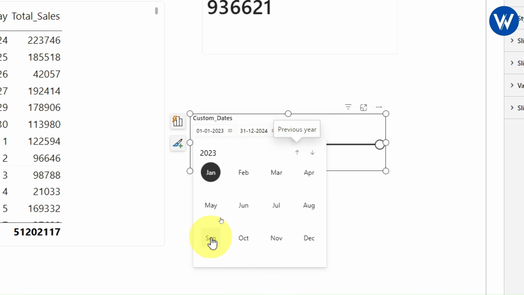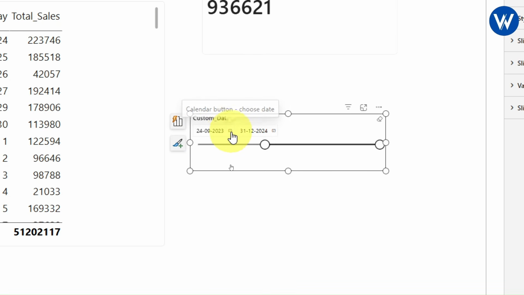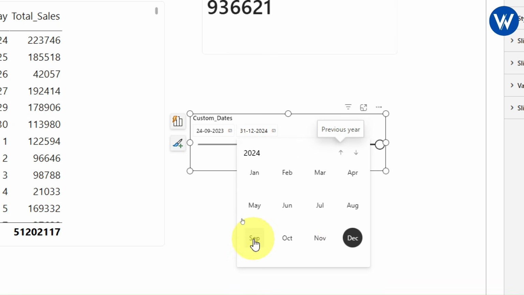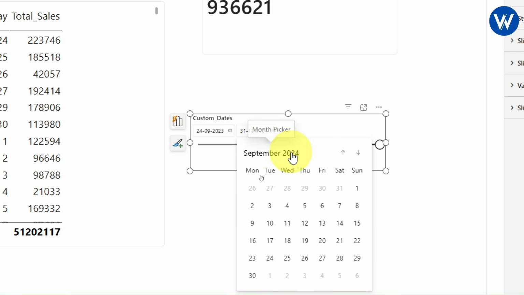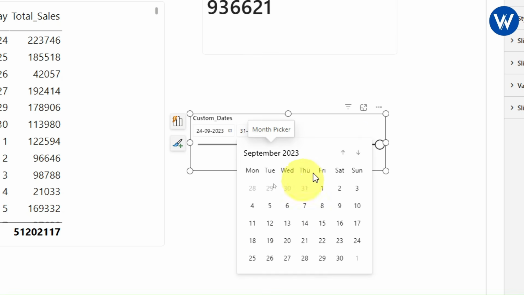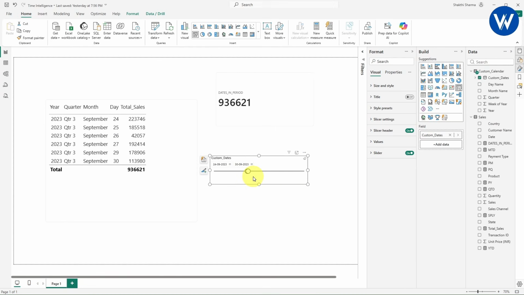So from here I will select the September month and I will be selecting 24th September 2023. And from here I will be selecting the September month. This is the 2024 year, right? So I will be using the 2023 year September month, and the last day of September is 30 because we are finding the 7-day sale.